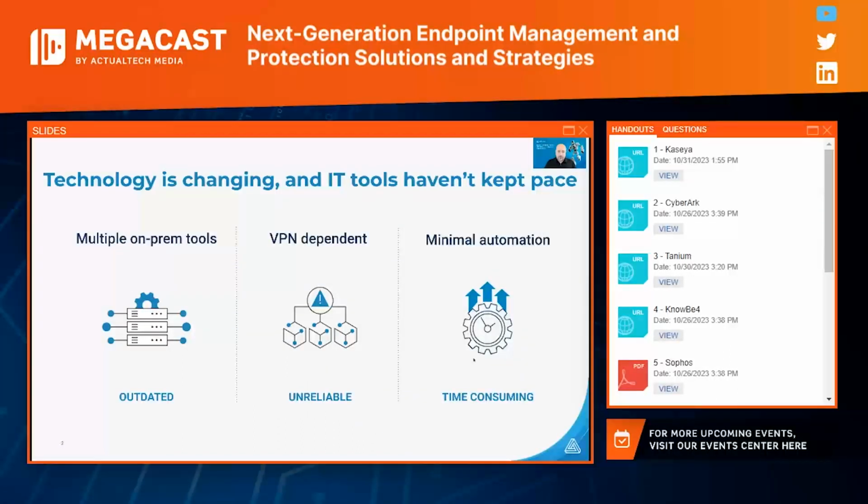So the core challenge that we're trying to address at Automox is that technology is changing and IT tools generally have not kept pace. Many of the on-premise tools that I grew up with are still in use today. And while that seems like a testament to their longevity, a lot of it is simply due to inertia. Many of those have not kept pace with the time or with innovation, and their architecture is not designed for modern environments. So a lot of the compatibility that they have with modern solutions like SaaS are bolted on.